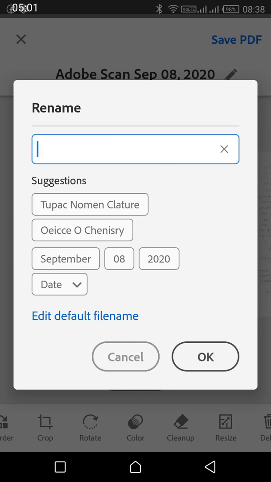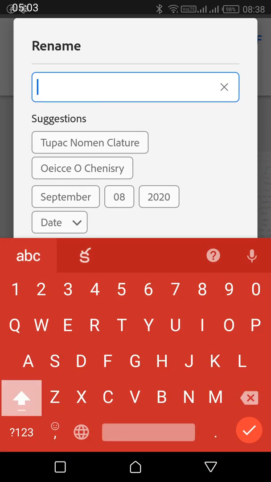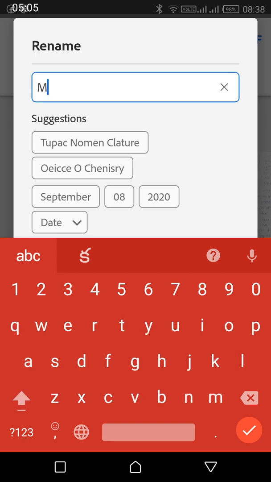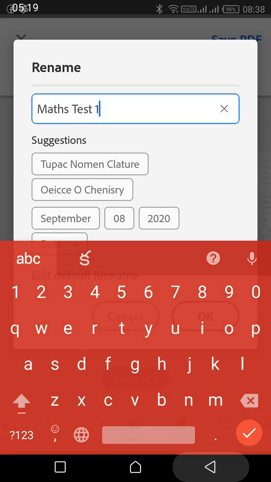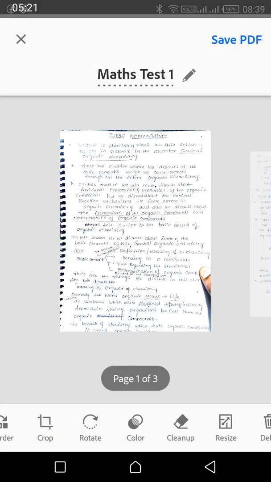Click on the symbol. So which test is this? What I kept is a maths test, maths. Paper 1 or paper 2, your wish, or test 1 or test 2, whatever you want you can keep, based on your teacher's instructions. Maths test 1. Okay, so it is saved. Now see, observe clearly. So now my paper is ready.